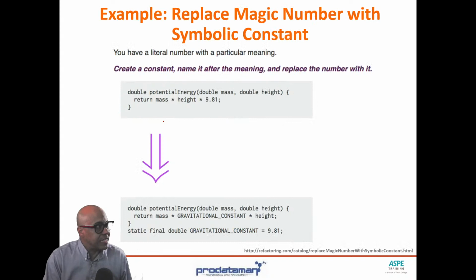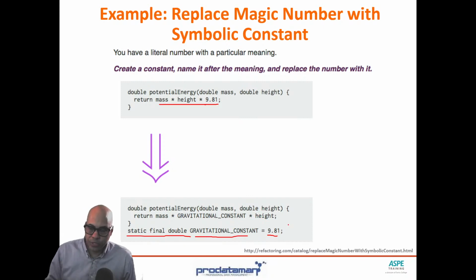We have another one here, replace magic number with symbolic constant. That's a refactoring method. There's not necessarily a tool built into the IDE to do that for you. But basically what we're doing is saying, we don't know what the hell 9.81 means. What is that anyway? So we'd have to put a comment in here to describe what 9.81 is, or we put it into a constant here, static final double gravitational constant equals the value 9.81. Now we say return mass times gravitational constant times height. And it makes much more sense because we've described our intent by using the name of the constant as opposed to a comment.